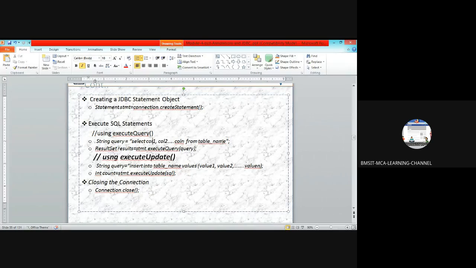But here you are not querying your database through the command line, you are querying it through the application. So where will the query result be stored? It is going to be stored in another object called the result set. The result set object stores the query result which is executed during runtime.